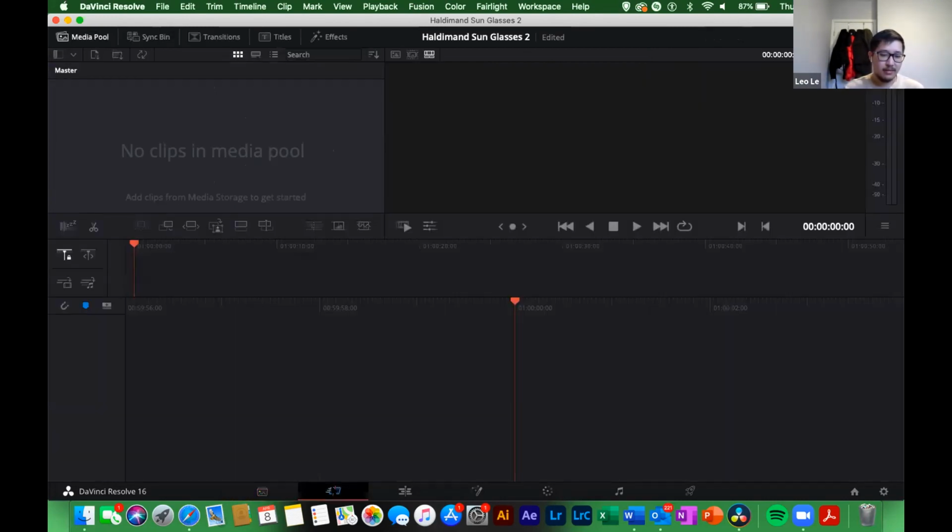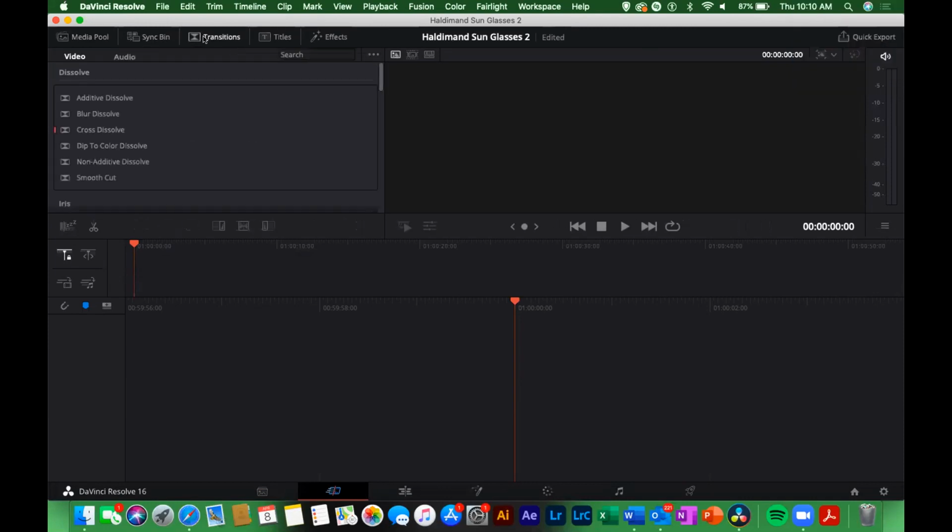So the second tab on the bottom left is the cut tab. This is where you'll be doing a good portion of your editing. This is where you can put all your clips in order, trim them down a bit, add different titles, transitions, and things like that. So in the top left, you can see the media pool that you can drag the clips into your timeline with, the sync bin, the different